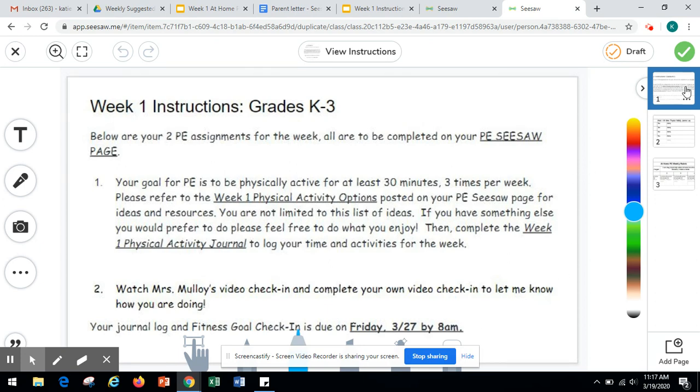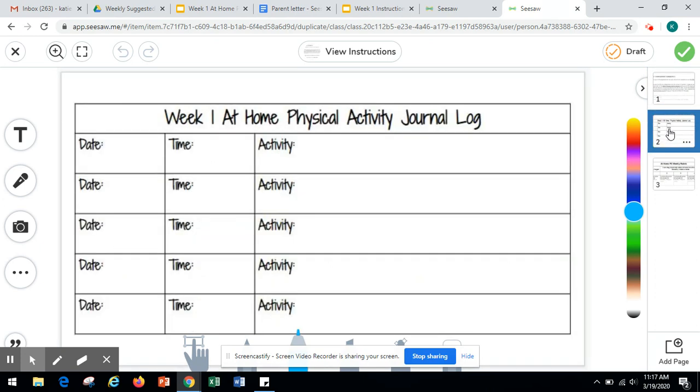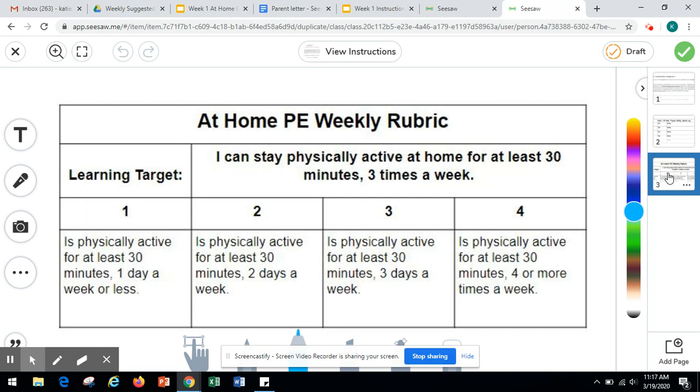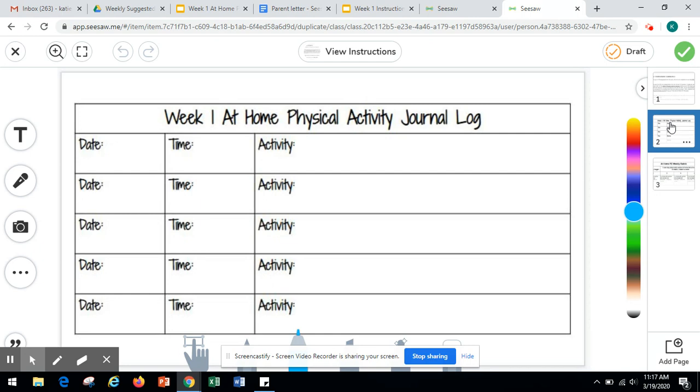On the right side here, we have the different pages that you have. So we have the instruction page that you're on. Then we have the at-home physical activity journal log. That is the assignment that you are to post. And then there's a rubric just so that you know what the expectations are and how it will be assessed. So if I go back to that week 1 at-home physical activity journal log, in the directions, it stated you are to use this label tool,